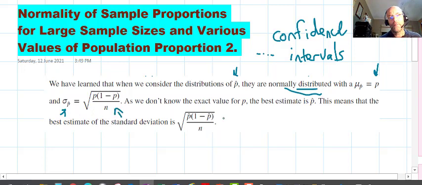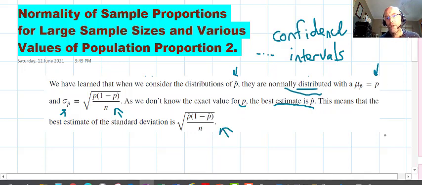And we may not know the real value. So this is an estimator, as we said in the previous video, for the population proportion. This means that the best estimate for the standard deviation is given by that, and that's all stuff we've done